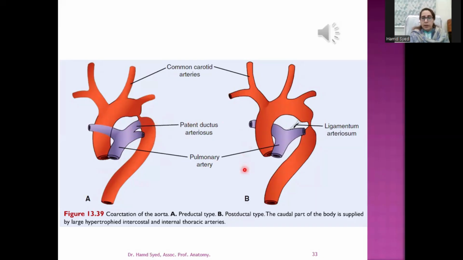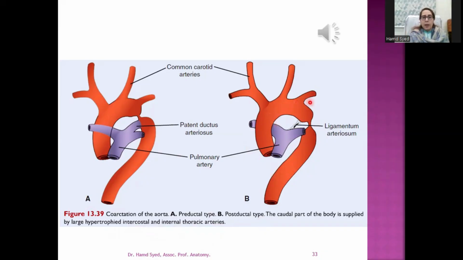The B diagram is showing you the second type of coarctation of aorta, in which the narrowing is after, or below, the entrance of ductus arteriosus. In this case, the ductus arteriosus has been replaced by ligamentum arteriosum. Now, in the postductal type, a collateral circulation develops, where the large hypertrophied intercostal and internal thoracic arteries supply the lower half of the body, and that also produces a characteristic notching of the ribs,